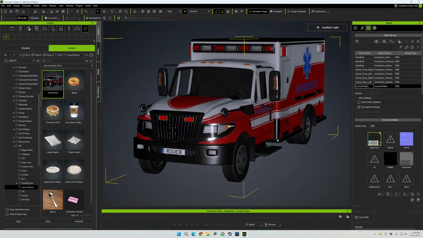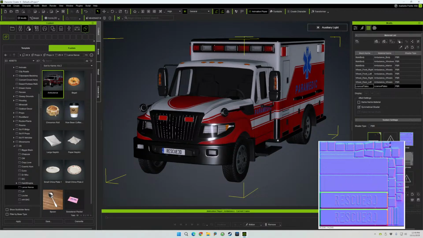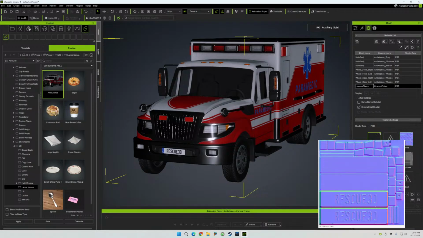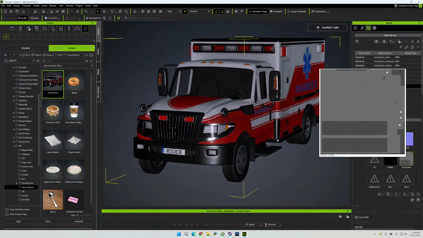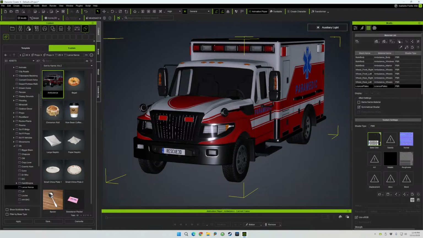So the license plate is a separate mesh here. And it looks like, okay, so there's the base texture for it. We'll need to alter that. And I think the bump map also, the normal map, reinforces those same letters. So I'm not going to try and redo the normal map, but I am going to remove the raised lettering effect for the old letters, and we'll just have it be just in the texture here. I don't think there's anything in the roughness. No, there's not. Okay, so we've got that selected. So we're gonna